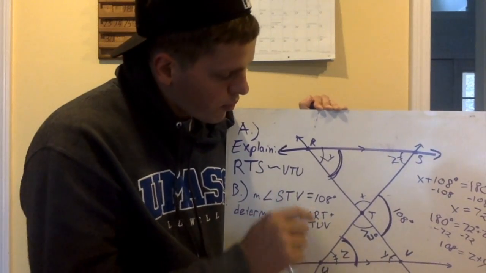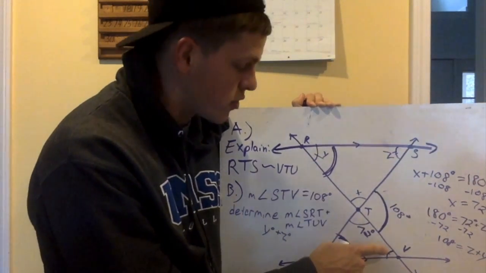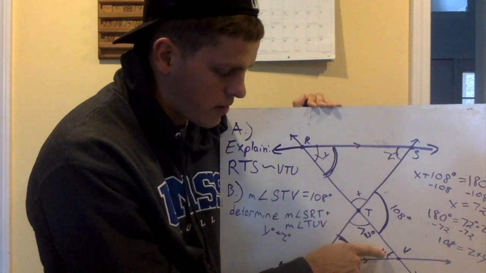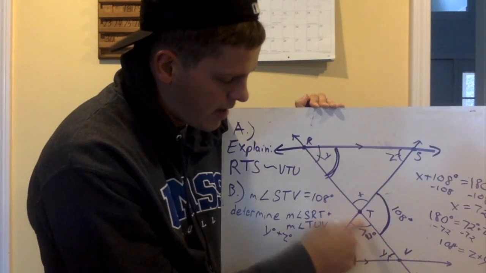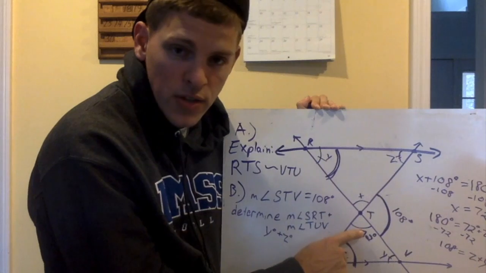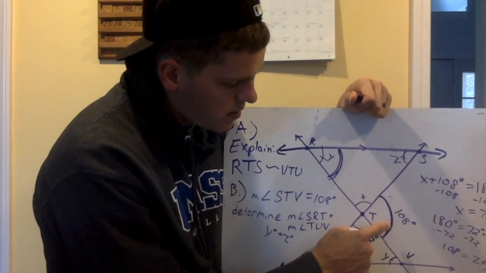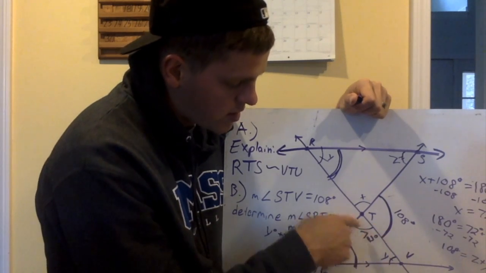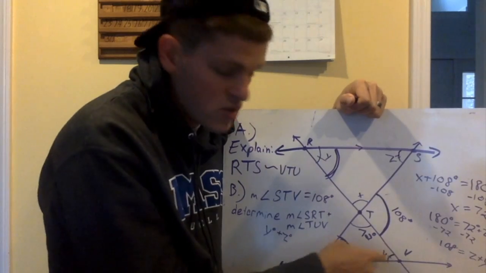108. We were able to prove that this angle and this angle are congruent based on alternate interior angles, and therefore we know that the sum of Z, Y, and this angle here, or X, are equal to 180. If that's 108, then we know that this must be 72, and if this is 72, the sum of these two must be